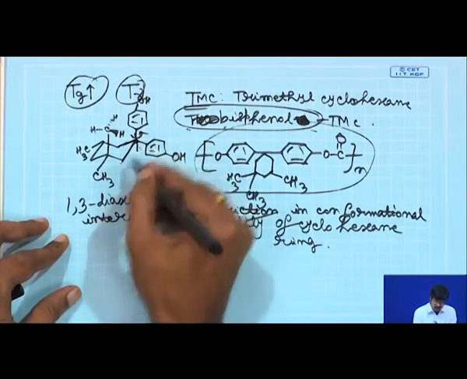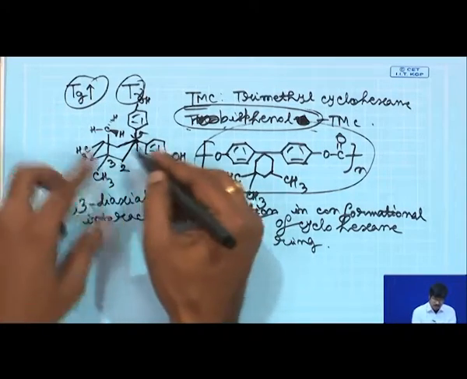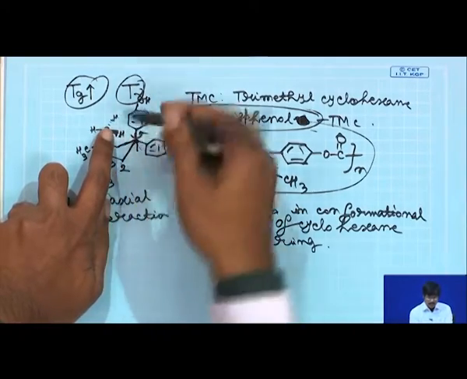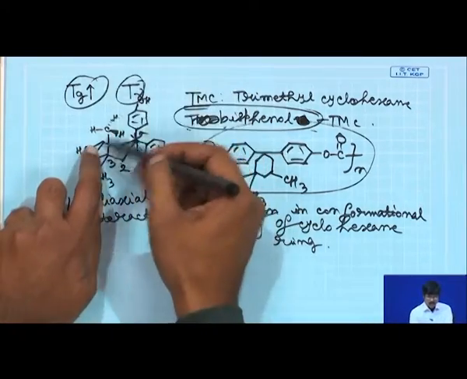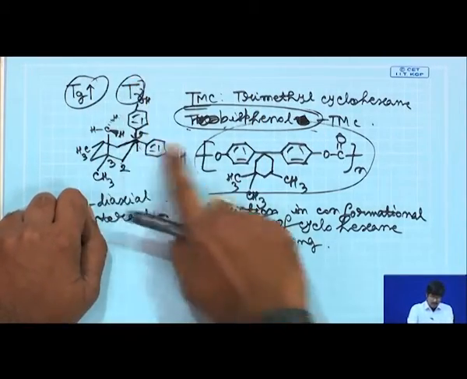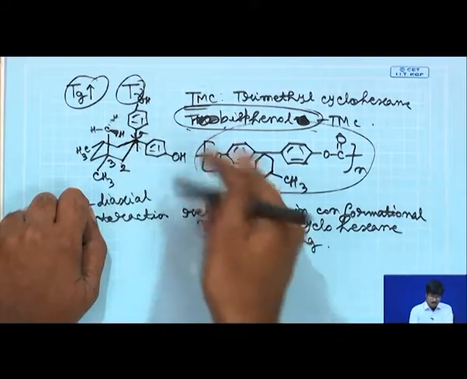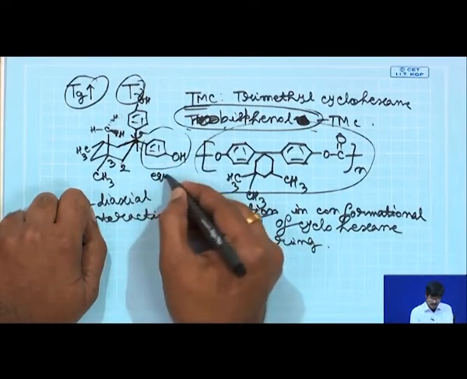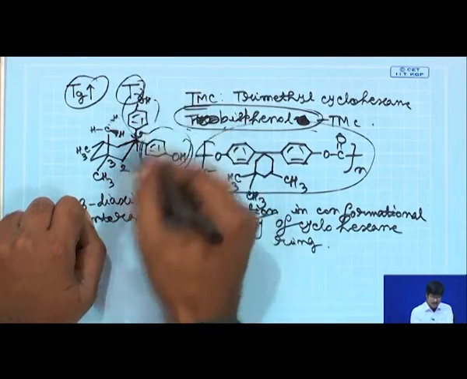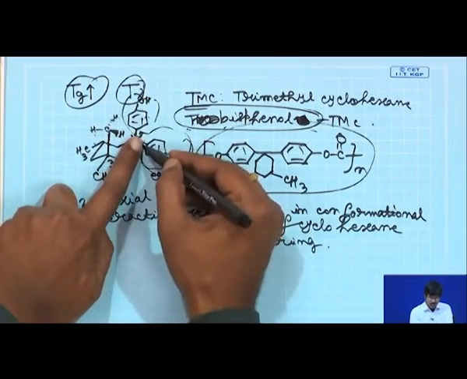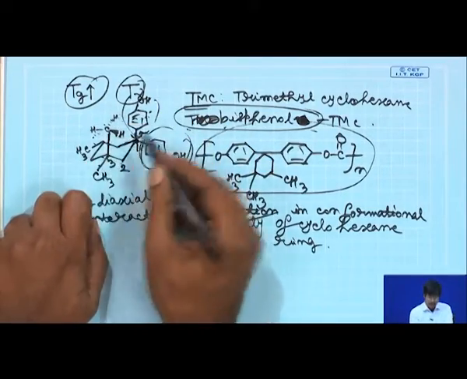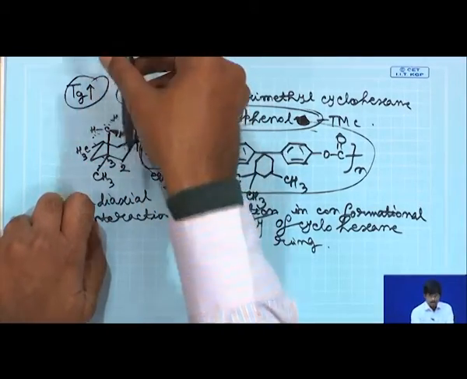So, this position is 1, this position is 2, this position is 3. So, at 3 position you have a methyl group here. These hydrogens can interfere with the rotation of this phenyl group because of this 1,3 diaxial interaction, because this phenyl is an axial position. This phenyl is equatorial position for this carbon. So, this is an equatorial position, equatorial. This group is axial, and this methyl is also axial because of this 1,3 diaxial interaction, because this phenyl is at 1 position, this methyl is at 3 position. The rotation of this phenyl group is also hindered. This is the first thing.